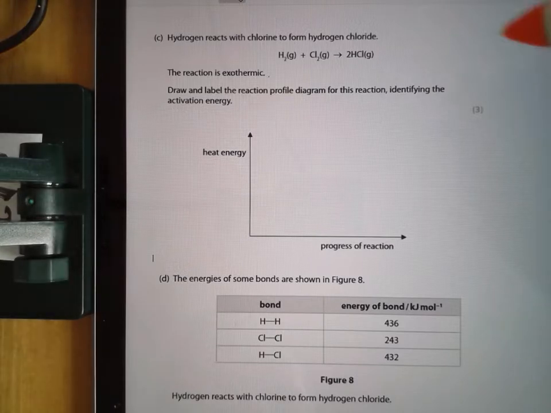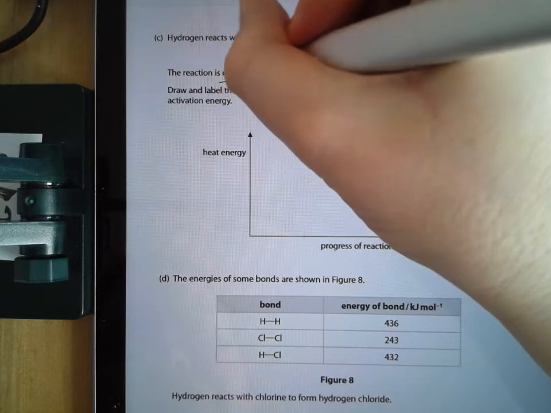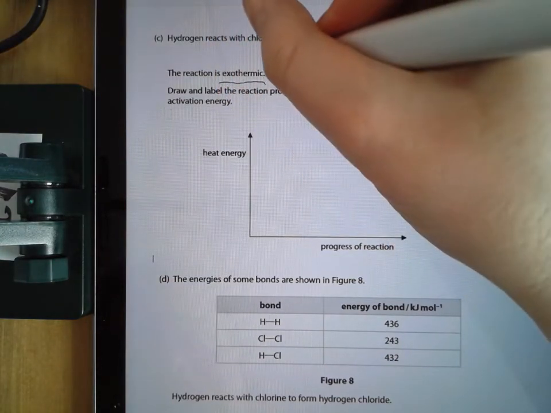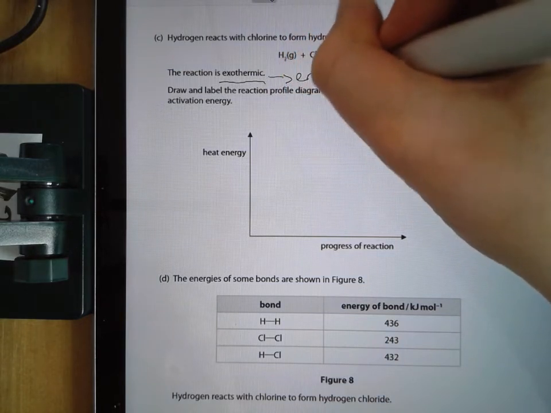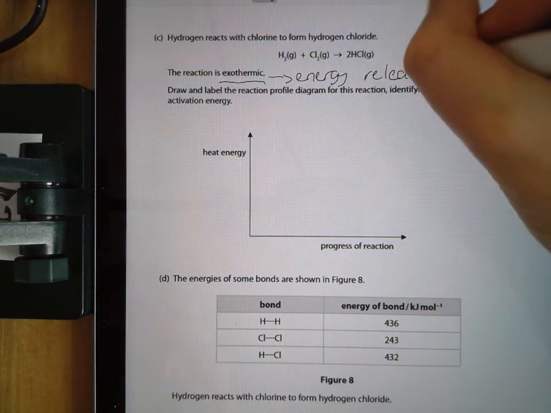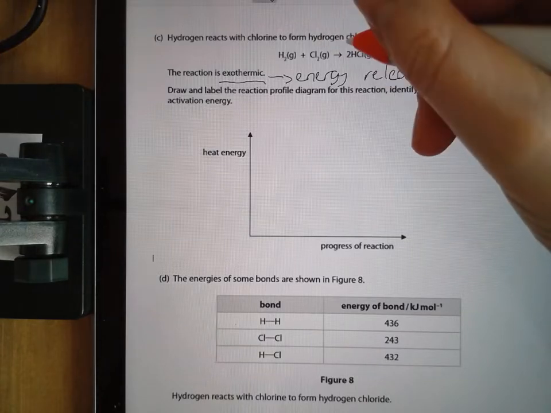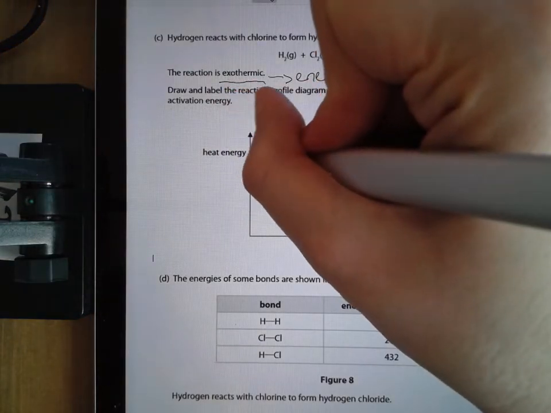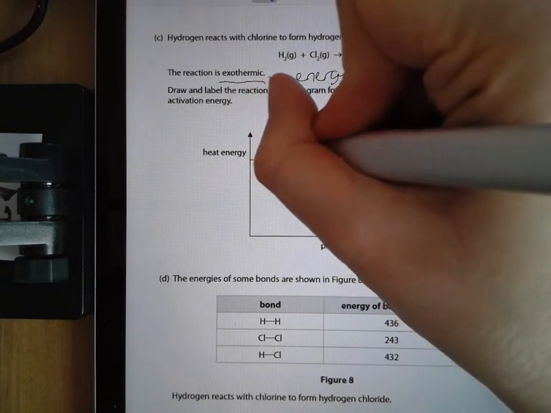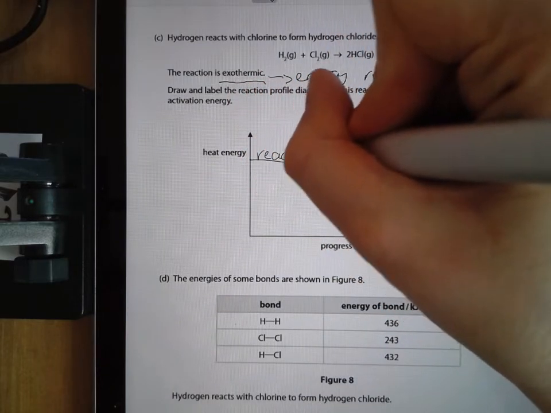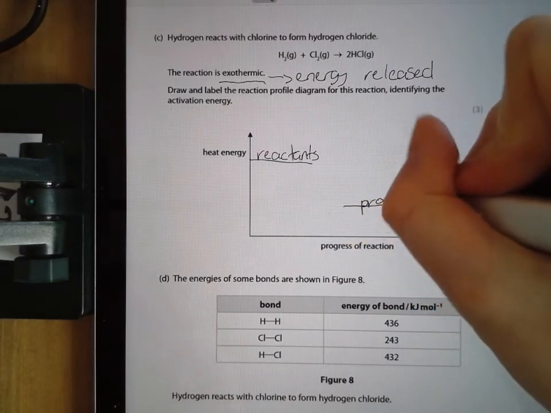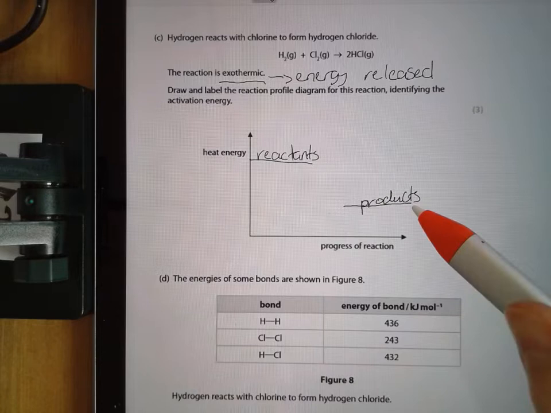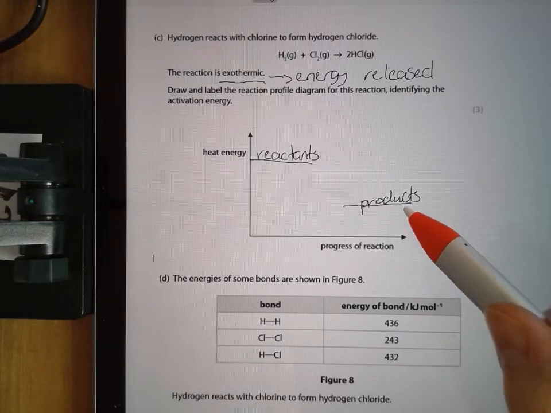So in the first question, you are asked to draw a reaction profile diagram. You are told that the reaction is exothermic. Because it's exothermic, I know that energy is released. And if energy is being released, then the products will have less energy than the reactants did. Therefore, I'm going to draw my reactants up here, and I'm going to draw my line for my products lower than the line for my reactants. And that gets you your first mark, just drawing the products to the right and drawing it lower than the